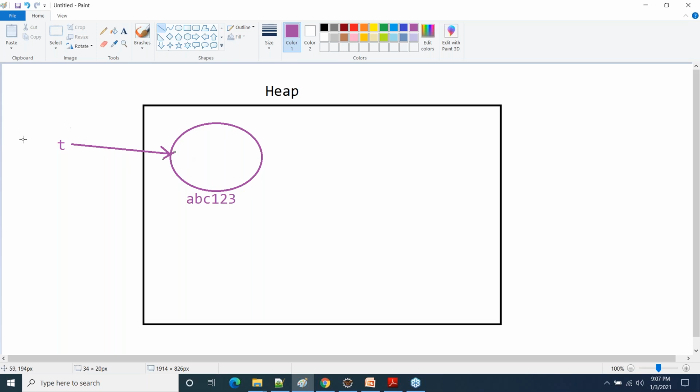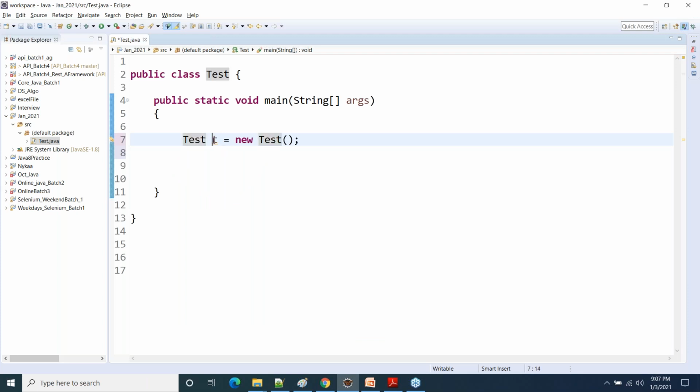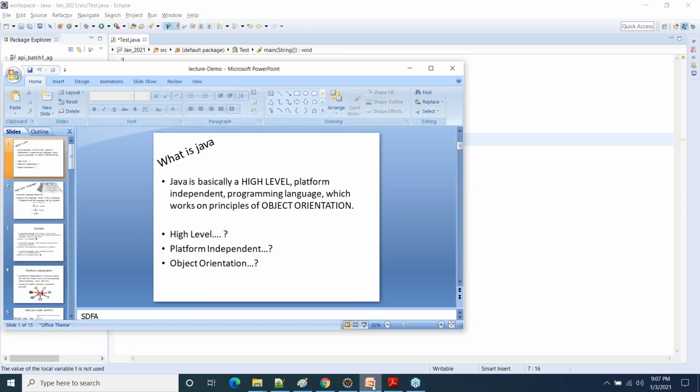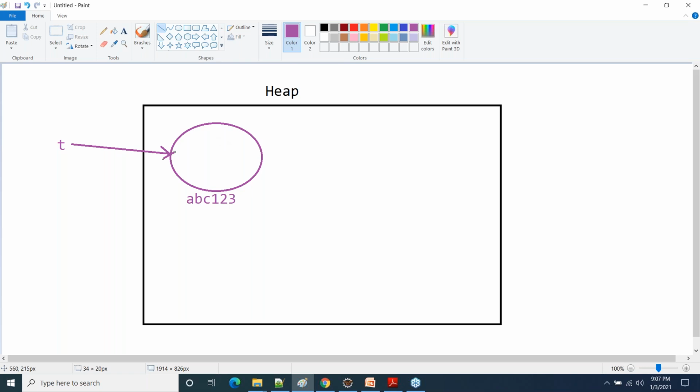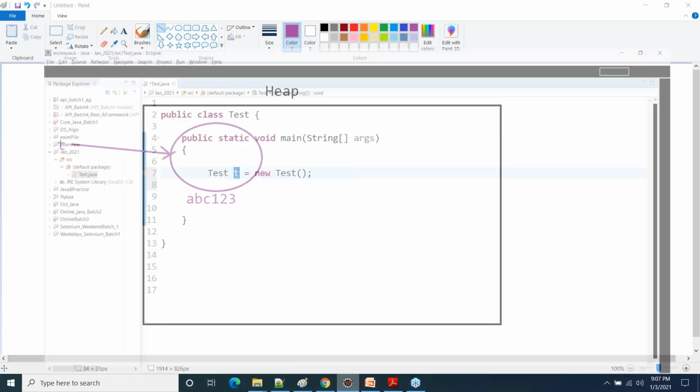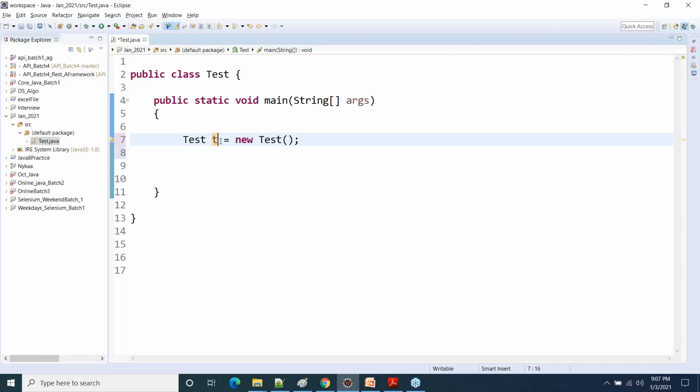And that's why we call this variable a reference variable. This variable T here is a reference variable. This variable T is referring to this object. Now, how is this variable T able to refer to this object? Because this variable T contains the address of the object. Why? Because you have assigned it. Using the assignment operator, you have assigned the value of the address of the object to this variable T. Is that fine? What is the job of T here? Do you understand the use of variable T here? You are storing the address of the object that you have created in this variable T.